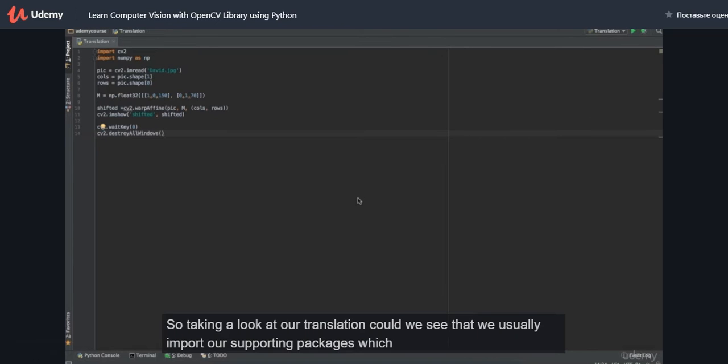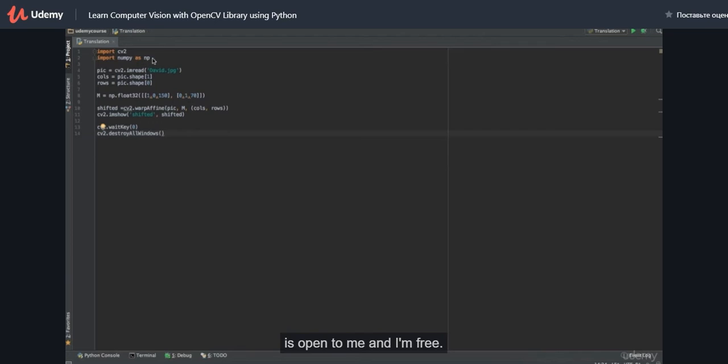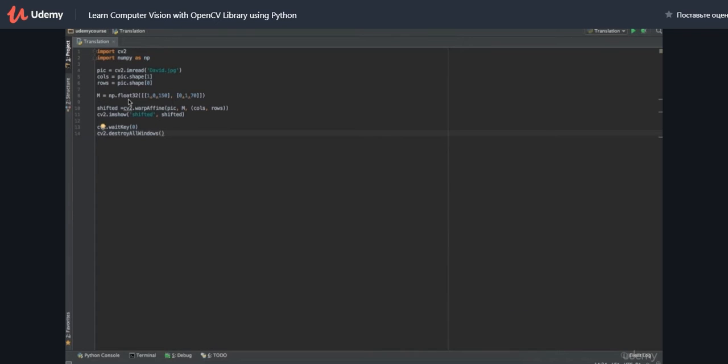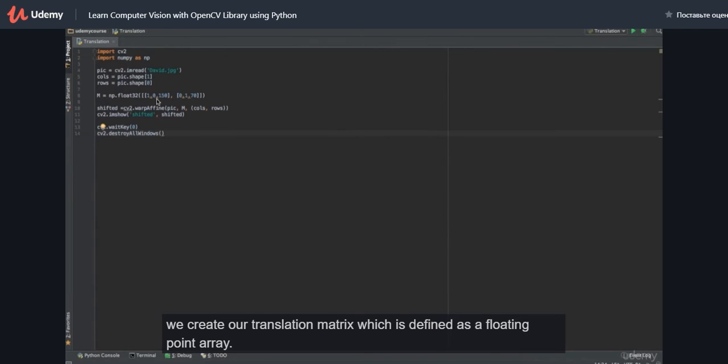So taking a look at our translation code, we see that we usually import our supporting packages, which is OpenCV and NumPy, and we also have to retrieve the image that we want to shift either right or left, and then we define the columns and rows. We actually define the dimensions of the image, and then here we create our translation matrix, which is defined as